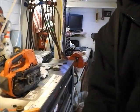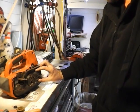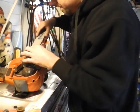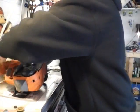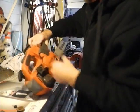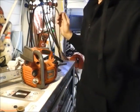Go ahead and put your cover back on. Don't forget to put your plate, that cover there. Go ahead and put your bar back on. Cover here, and that's it. And you're done. You're ready to get back to work and move forward and get your firewood chopped or whatever you got to do. So that's just a basic overview of how to repair your saw, Husqvarna 338 XPT, and hope